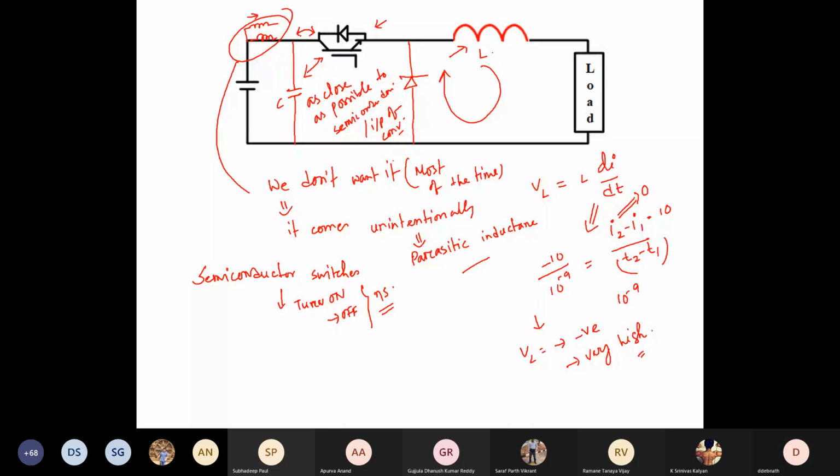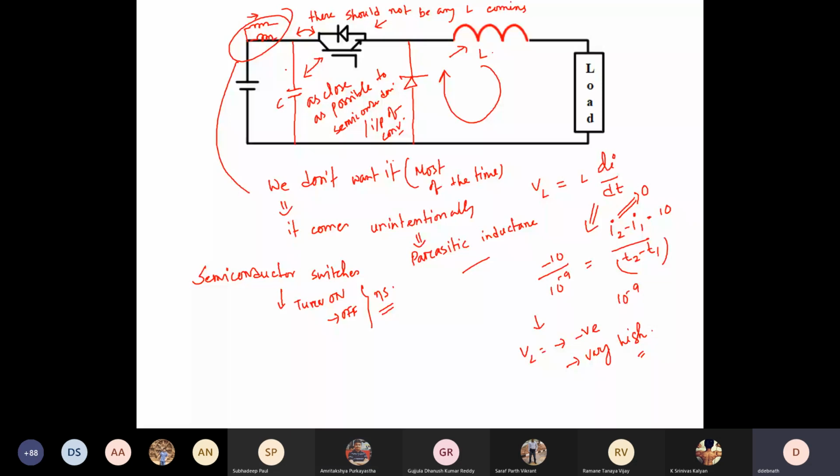Can you again explain the negation part? Should not be any L coming. Which part do you want me to repeat? Yeah, how does putting a capacitor help negate it? Yeah. See, now if I